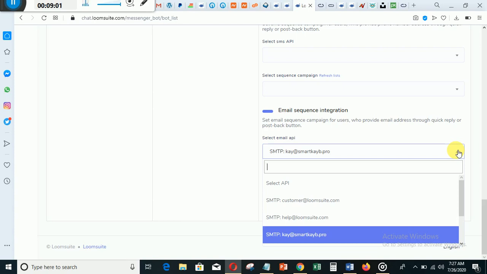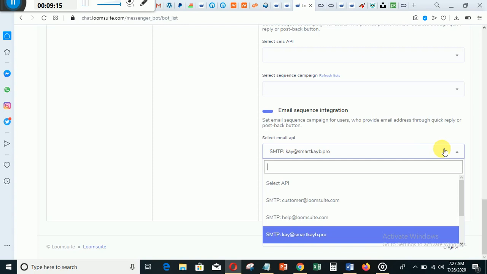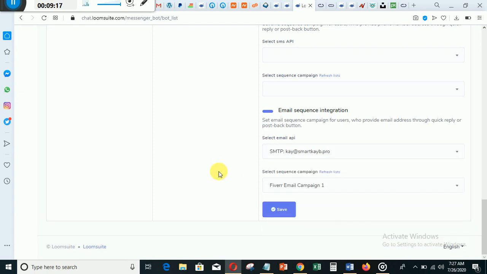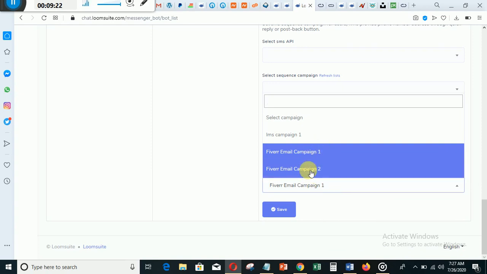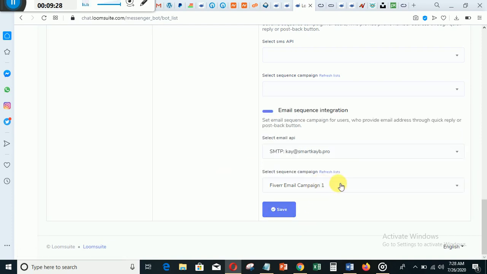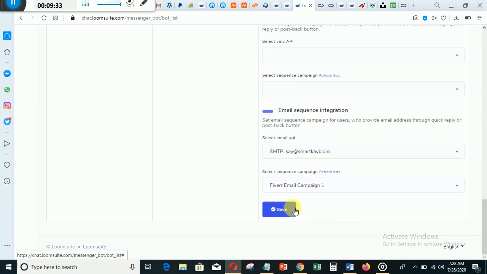But you set at the back end that a mail should go to them after a day. A mail should go to them after the second day, third day, fourth day. You must have set that. So you are going to set that rather. You click this and select the email which you want to use, and you select the sequence email. I'm going to show you how to do this sequence email so that you can come back to this place and select this sequence email. Then when you finish, this is the sequence email I've been able to create. Then when you finish, you click save.